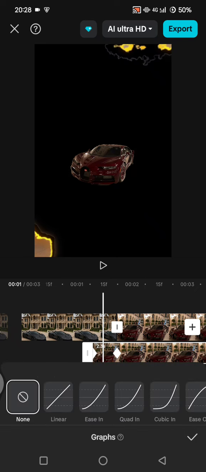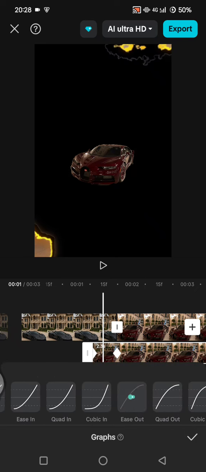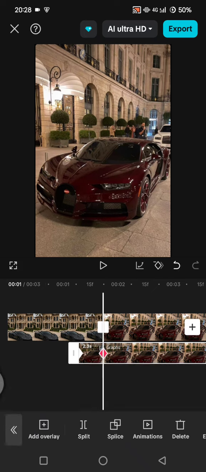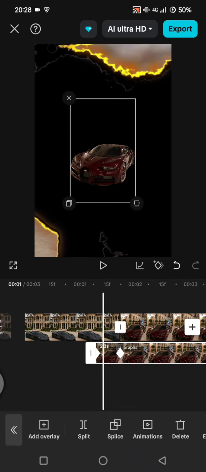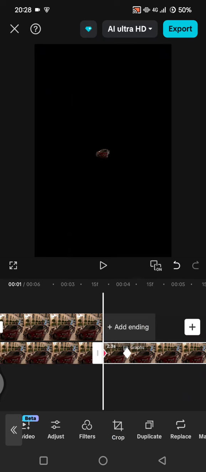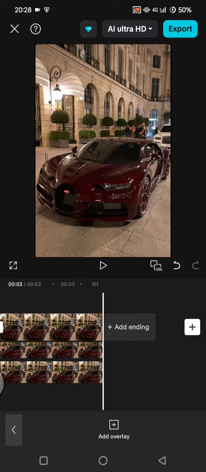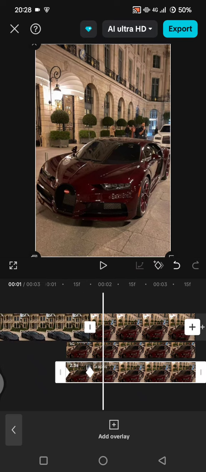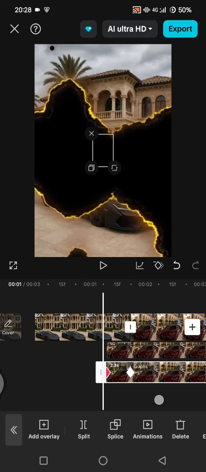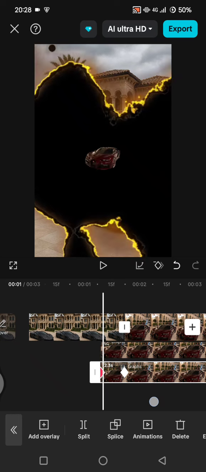So I'm going to add the ease out. Click on a check icon and now copy the overlay in here, duplicate it, drag it to the bottom, so align it with the first overlay, and now you can just add